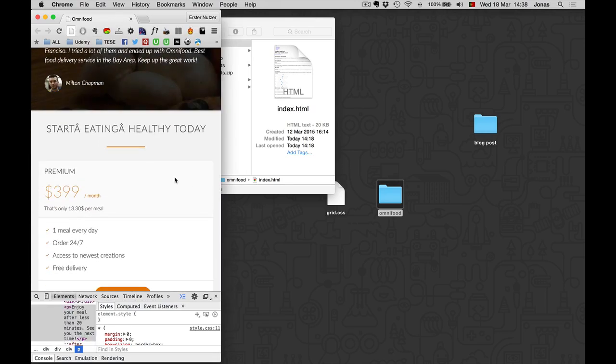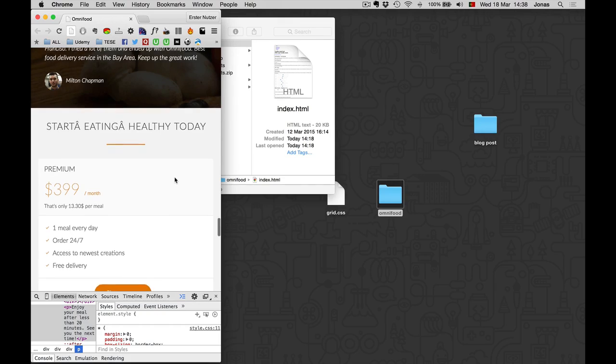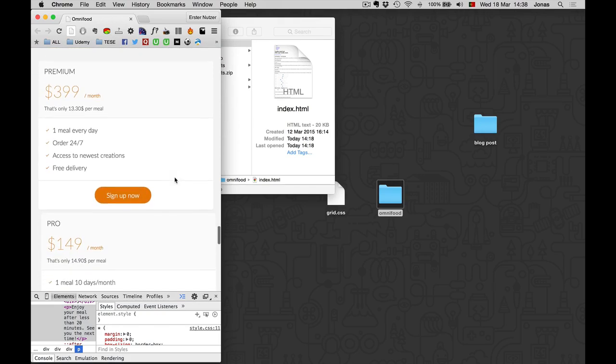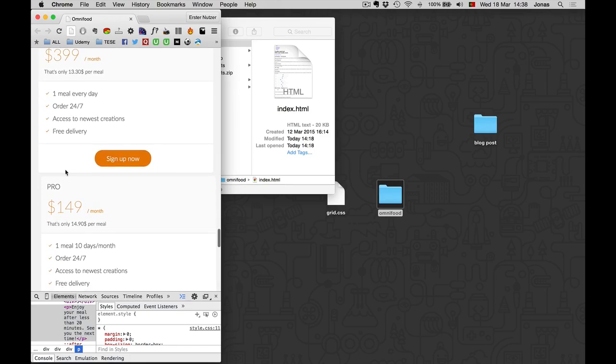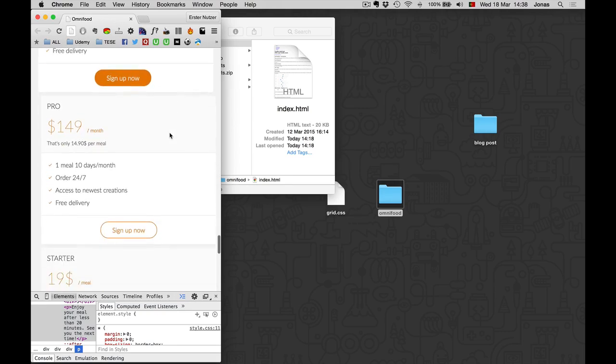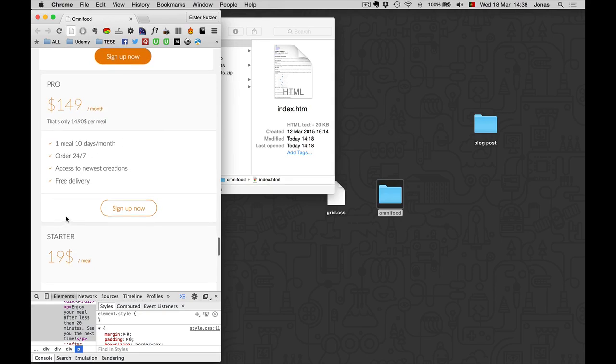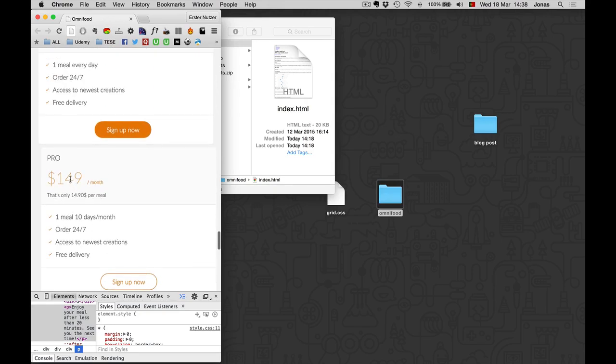Alright, so as I said, I will let you tweak other minor things here on the website on your own with your own CSS. But there's still one thing that I need to fix, and it's this here. You see these columns don't start at the same point, right? So the first column is different than this one here, and that is actually because I forgot to change one thing,